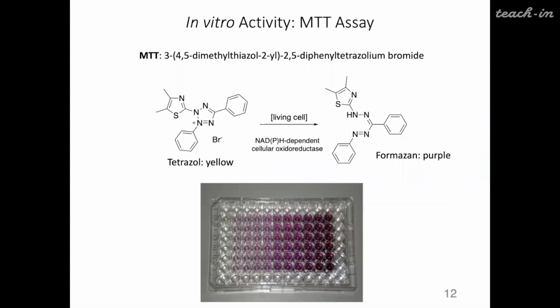We need to mention how we can measure activity. There are several protocols according to which we measure activity, and the most popular one is the so-called MTT assay. And in this type of assay,